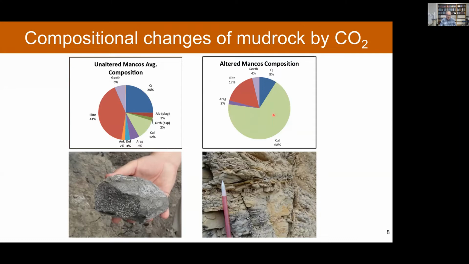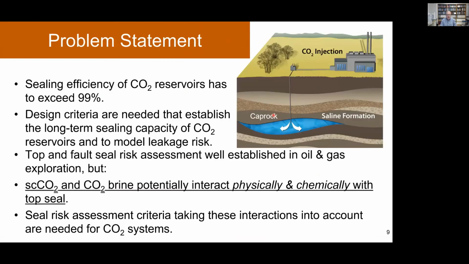So it's both precipitation in some pore space and replacement of other mineral phases. So yes, the chemistry is real in this case. So then the question is, how does it affect the leakage processes? So the problem statement here is, as I said before, we want to make sure that the CO2 reservoirs